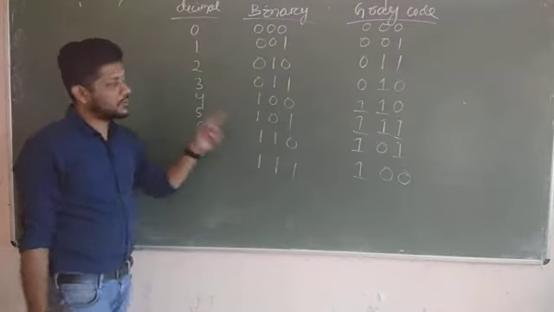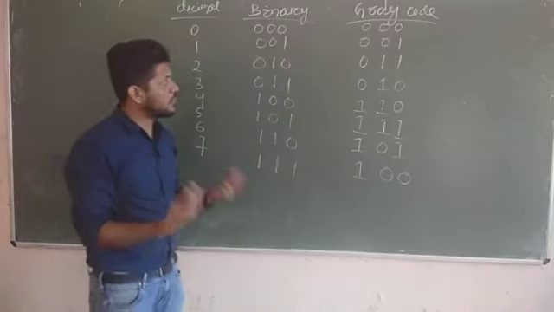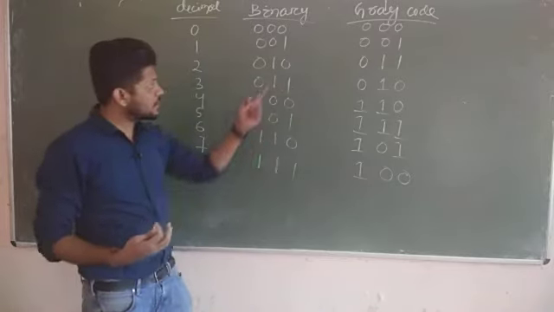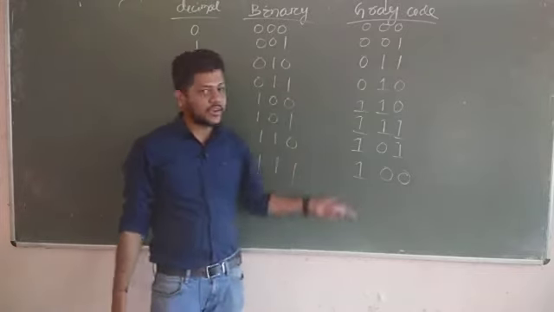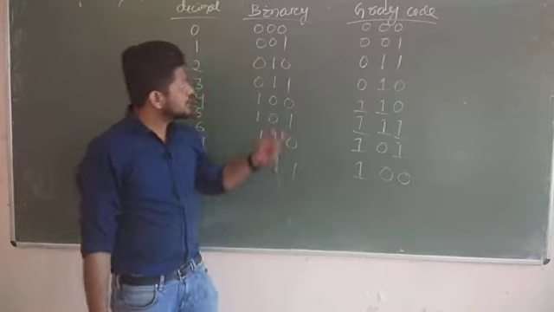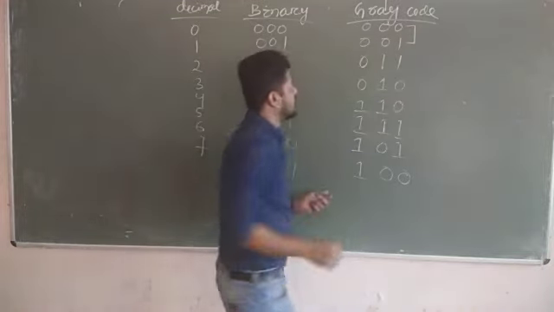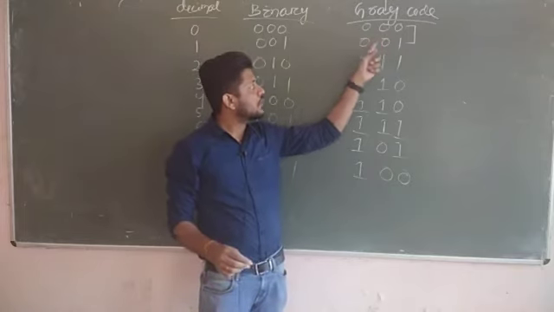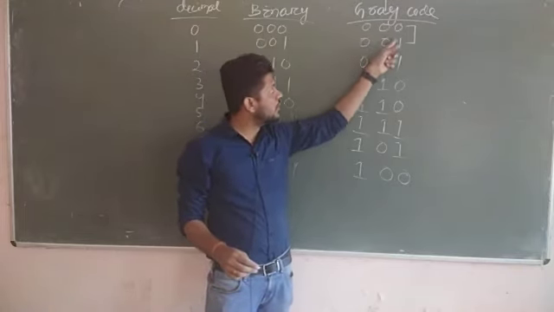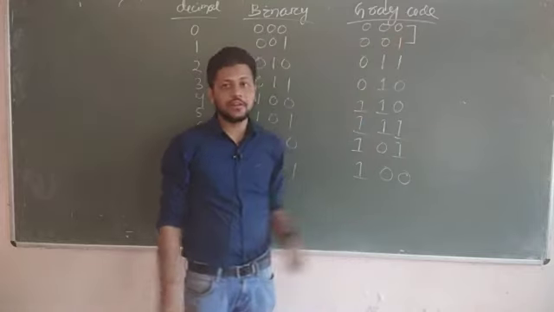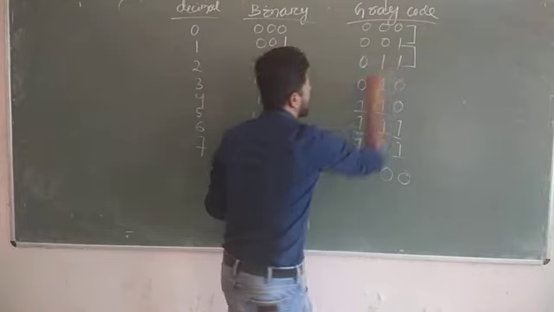So first you need to write the binary, then you need to convert this binary to Gray code. I will teach you how to find this Gray code. First we will see whether this code satisfies the properties I have discussed till now. Here we can see all the successive numbers. For example, here 000, here 001. That means two bits are the same, and only one bit is different. Similarly, next we can compare from here to here.